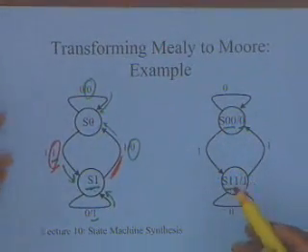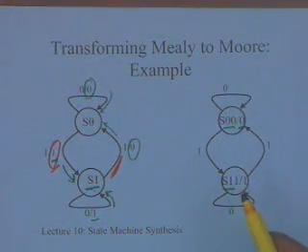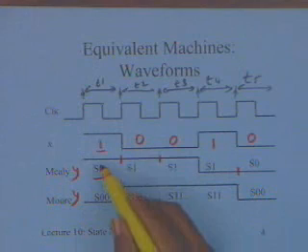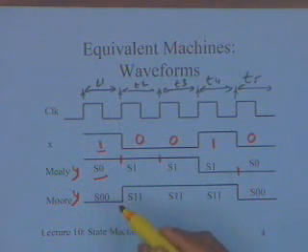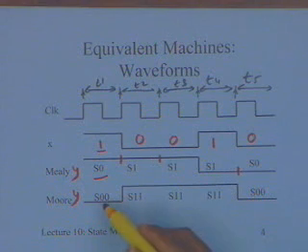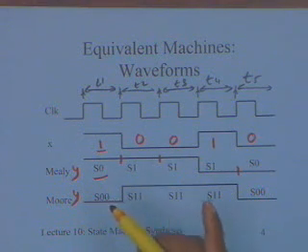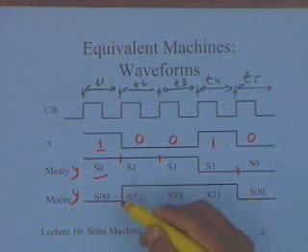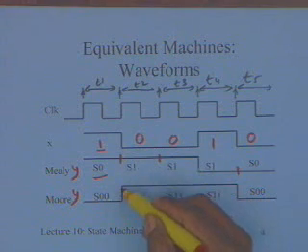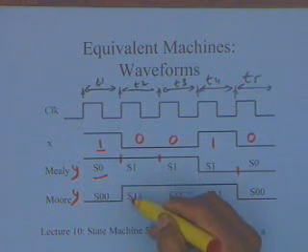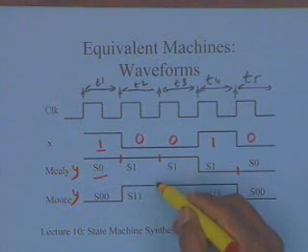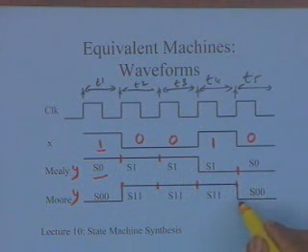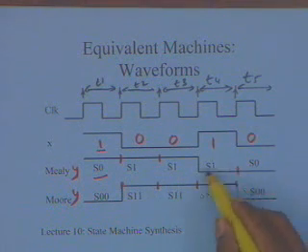Moore machine is again going to perform the state transition only with the same clock edge. This is the assumption we are making, except that though the input is 1, because it is in state S00, output is essentially associated with the state and not with the present state and the input. So, the output will remain 0 for this particular period. Now, once the input is sensed over here, I make a transition to S11 and my output will be 1, my output again will be 1, and again 1,